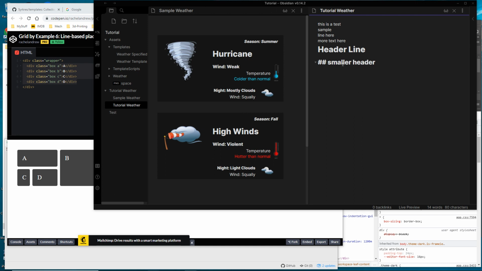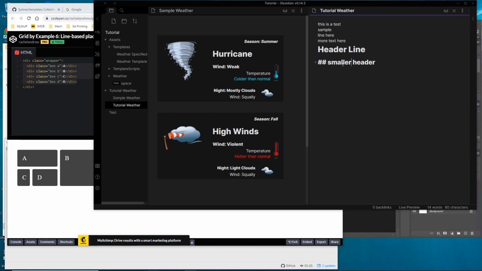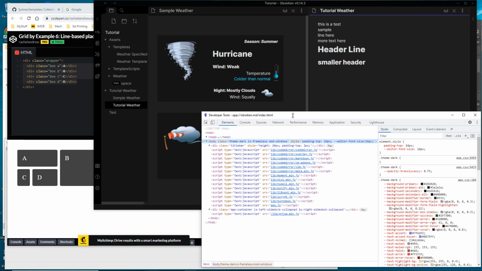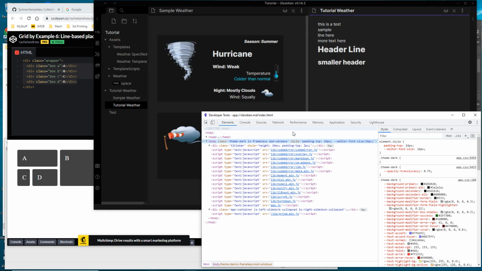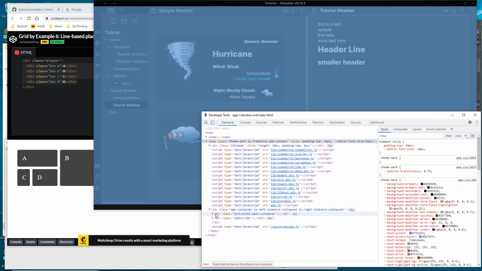If you look at this, to inspect it, you hit Control-Shift-I, which brings up the developer tools. Underneath the hood, Obsidian is Electron, which is a Chrome-based browser engine application, and so it uses developer tools. If you're familiar with Chrome developer tools, you'll fly through this part really easy. As you mouse over an element, it highlights it. Here's the header bar at the top, and here's the page view. If I drill into here,